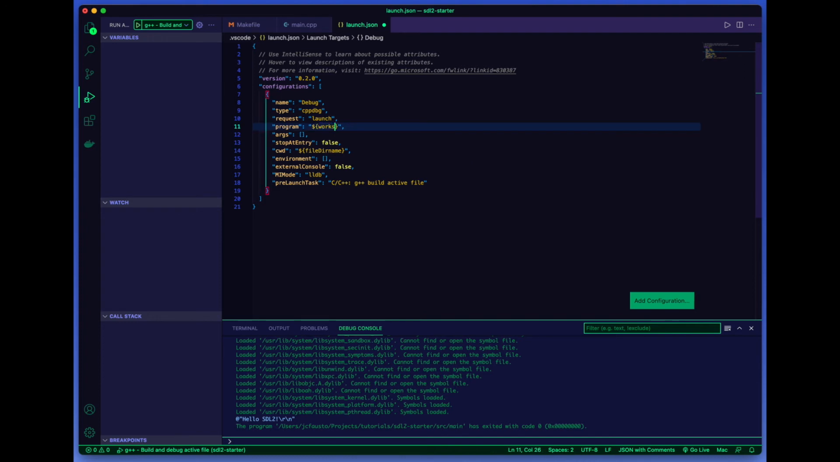We can use here as a reference our workspace folder and then point to our build debug play object. We don't need to change or add any arguments here. We don't need to change the stop at entry, and we want to change the current working directory to also point to our workspace folder. The other parameters we leave as they are, and we want to use a pre-launch task which will be called